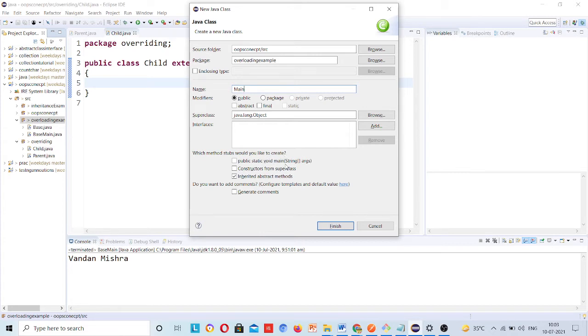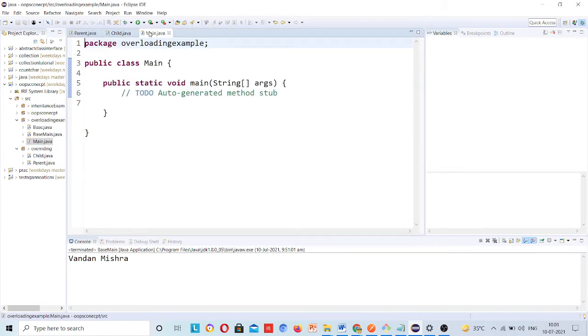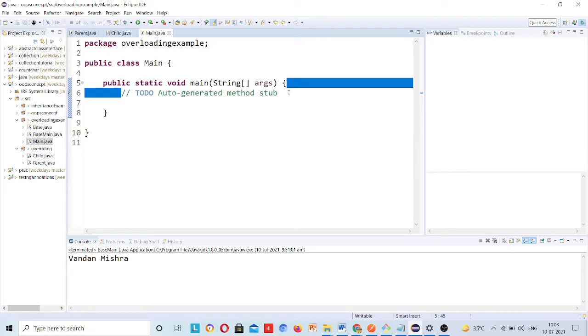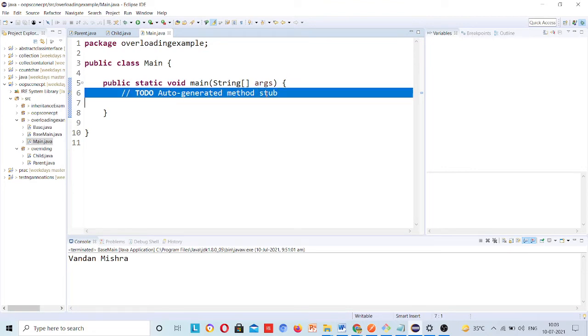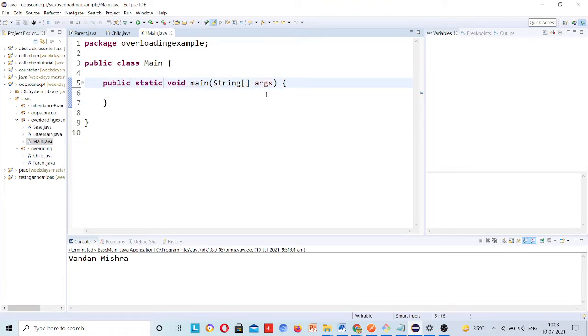I will create a main class, which has a main method, and I will create an object for the child class first. Child is equal to new Child.